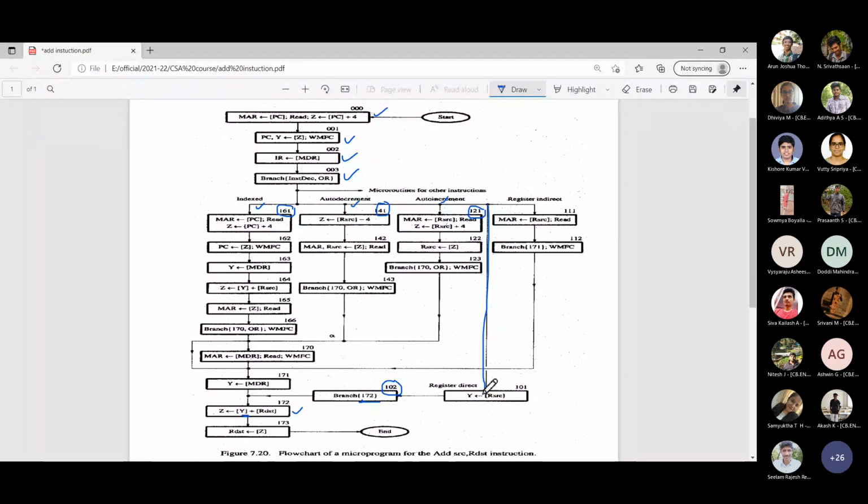Okay. So first thing, this is specific to the register direct addressing mode. Then you jump to address location 172. At 172, this instruction is already written. Our destination out, add Z in. Okay, so the value that you had written in your, this is why I wanted both.